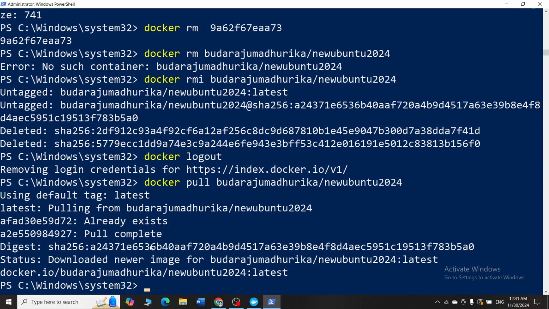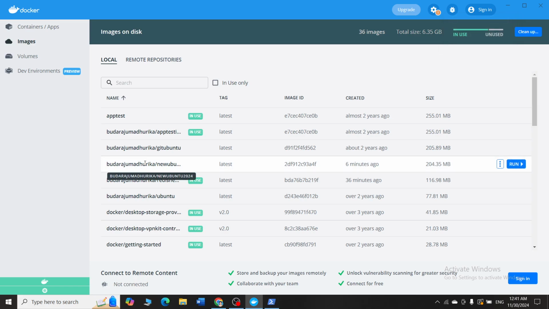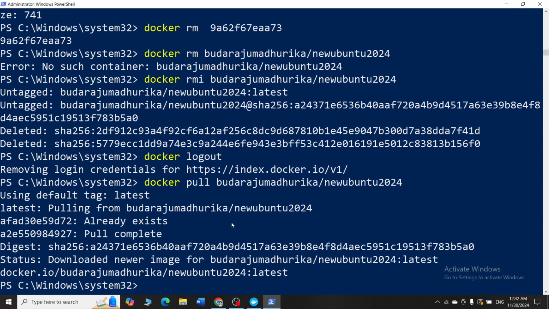So you can see that the image is downloaded. Let me go back to the Docker Desktop and now you can see I have this, which is called Budharaju Madhurika / new Ubuntu 2024. Okay. Now I will run this as a container. So say docker run --name.